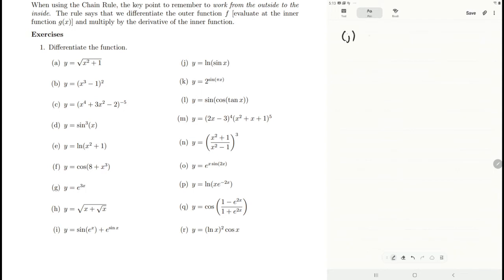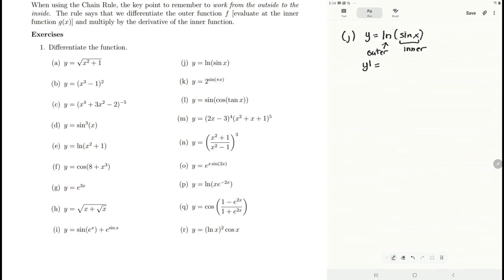Now letter J, we have y is equal to the natural log of sine of x. So let's identify the inner and outer. The sine is our inner function. The natural log is the outer function. And so the derivative